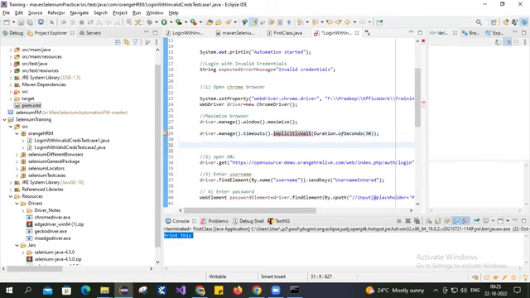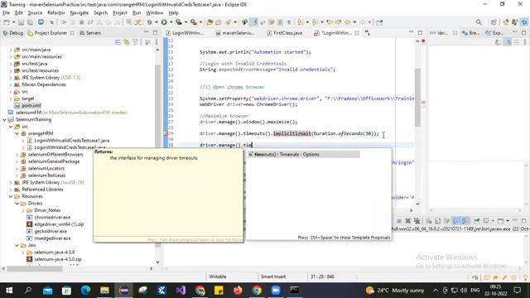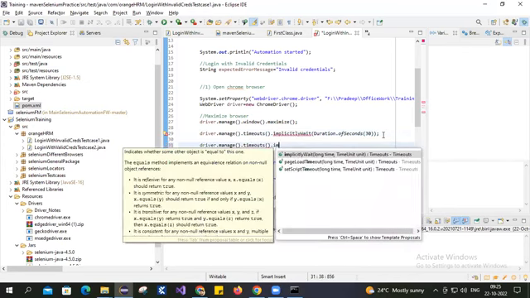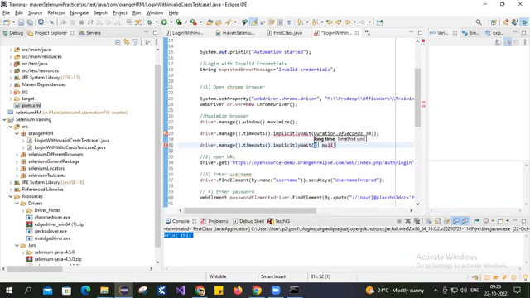The syntax was driver.manage().timeouts().implicitlyWait, which accepts two parameters: one is time, and then TimeUnit. So here for time,